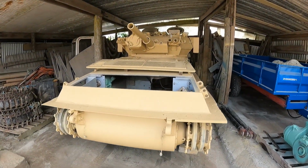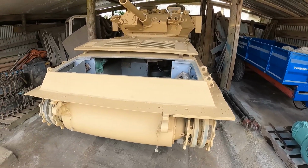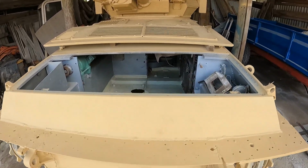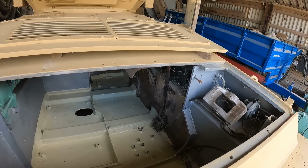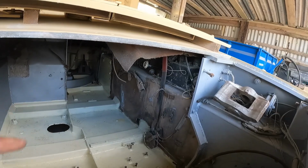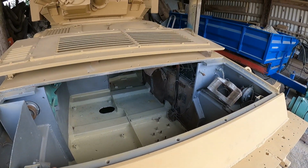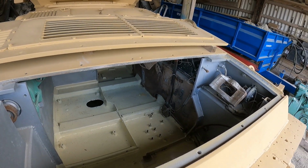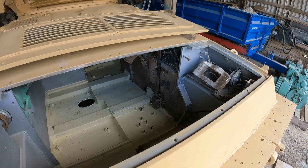I know there is quite a lot of work to do still, but we just need to fit these new components, and we need to completely renew the braking system and the steering system. And then it's moving on to the electrics. There's actually the driver's instrument panel, which is still in there. That's the original one. I've actually got a replacement for that because that's completely shot, I believe. And I also have to trace a lot of these other wires and figure out where they all go. It's a bit of a...